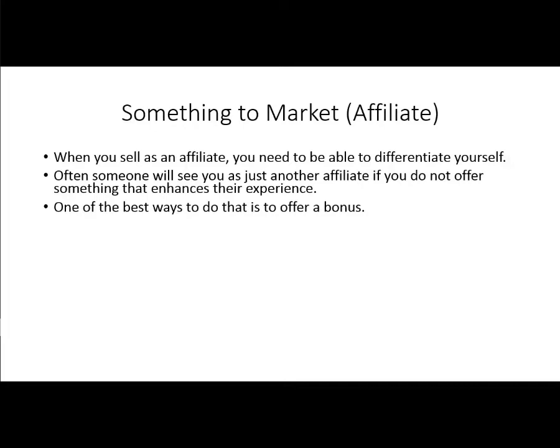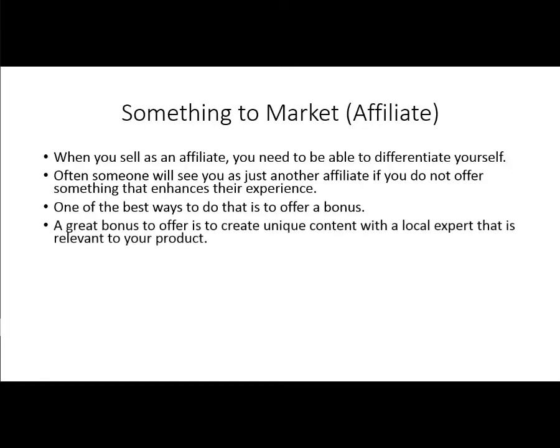Right? They're going to get this extra bonus and they're going to get it from you. Now, a great bonus to offer is you create unique content with a local expert that is relevant to your product. Now, you might say, why local? Well, number one is you are going to be able to get together with that person to create a high quality product. You're going to be able to more easily record either a video or an interview,